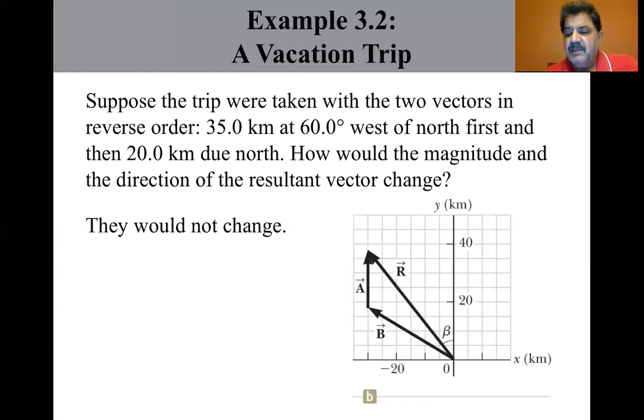Now, this ends our discussion of basic vector arithmetic. The next section, section 3.4, will be the last section of the chapter. It will cover components of a vector and unit vectors. And components of vectors are the better way to do vector addition. And you'll be doing that on Monday with the vector table